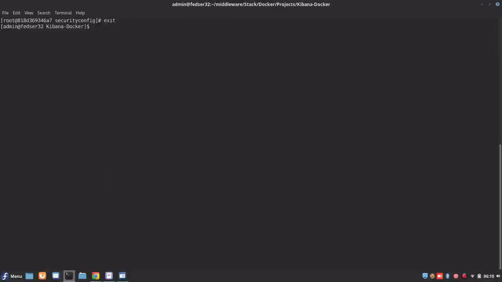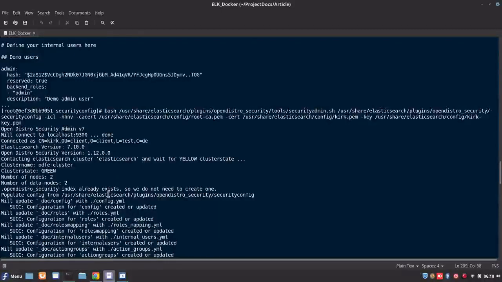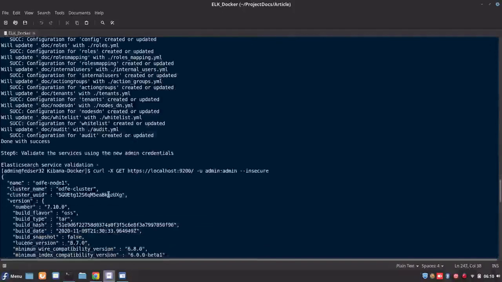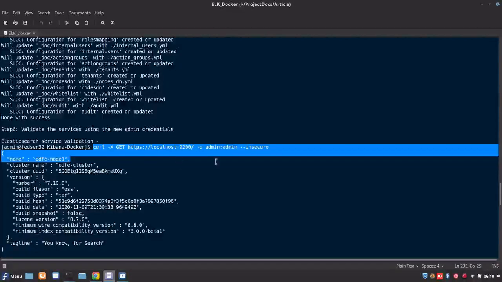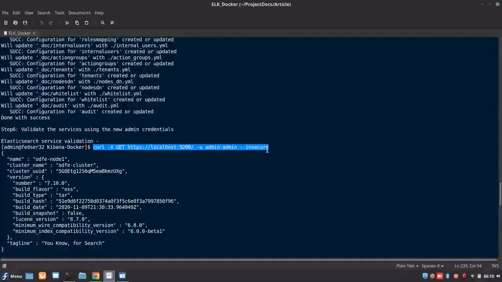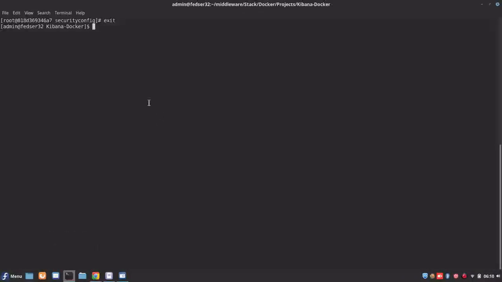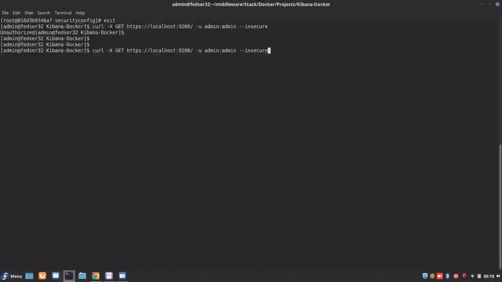I'll disconnect from the cluster. The next thing is we can validate the services with the new password. Let me run this with the default password. Now we should not be able to connect to it. Okay, now we are not able to connect to it.